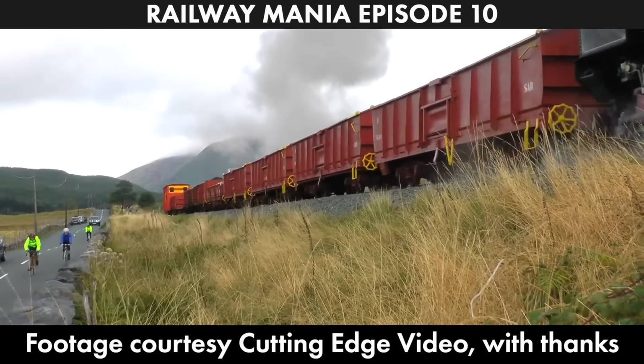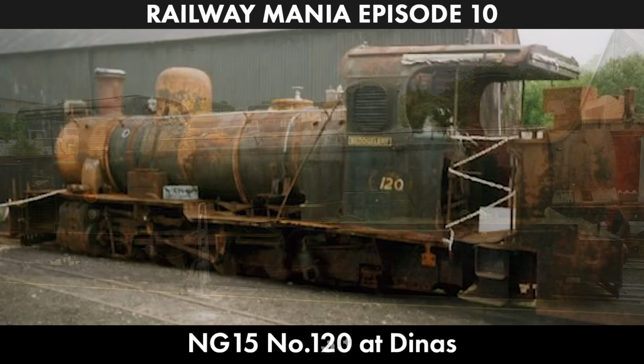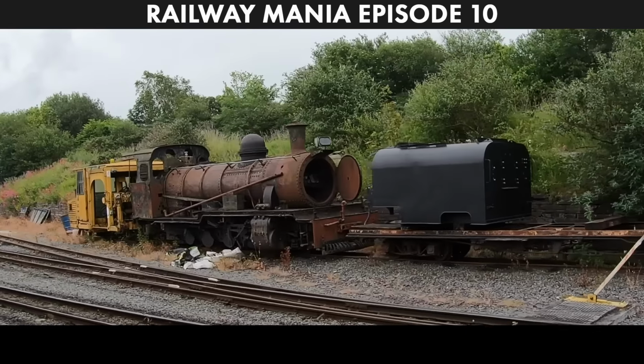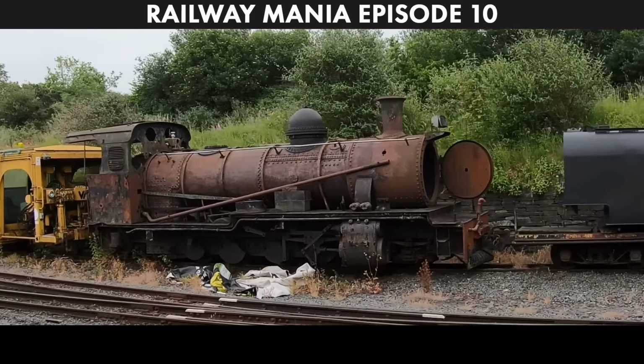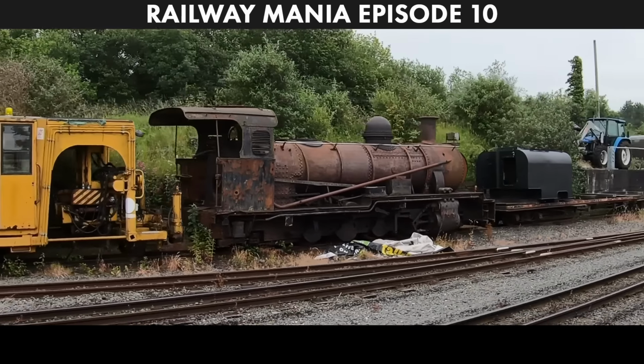And at a similar sort of time to when the Garratts were acquired, were there several tender locomotives as well? Yes, we have the two NG15s, which are quite interesting in their own design. Why's that? When you look at the loco, it's a 2-8-2 tender engine, but it effectively operates as a 4-6-2 loco, because I suppose you could very broadly define it as an articulated loco, because the front pony truck